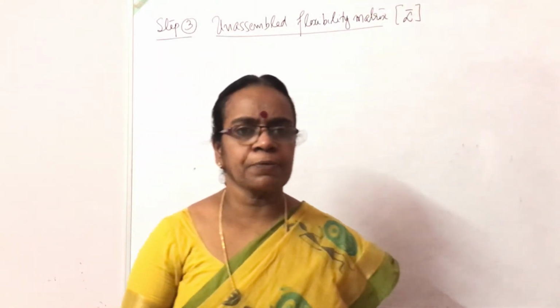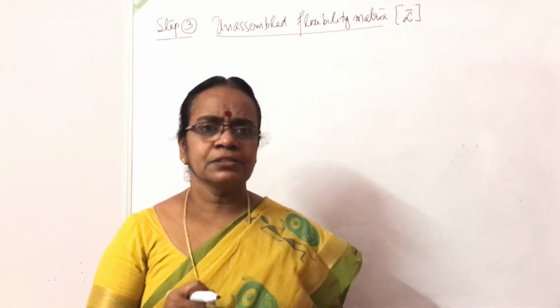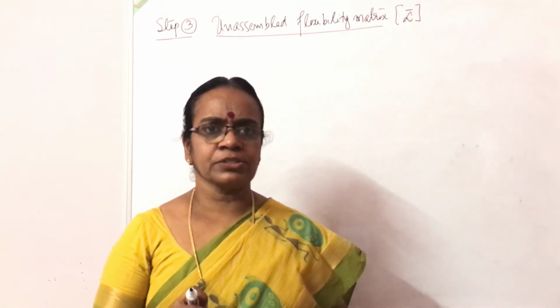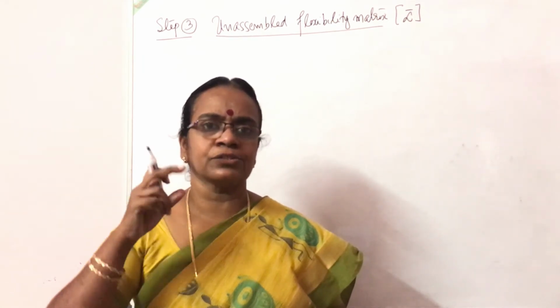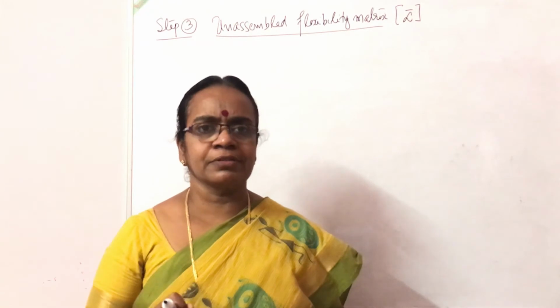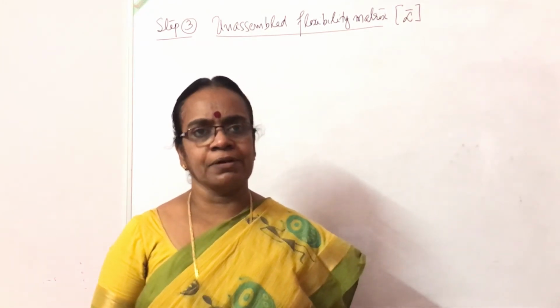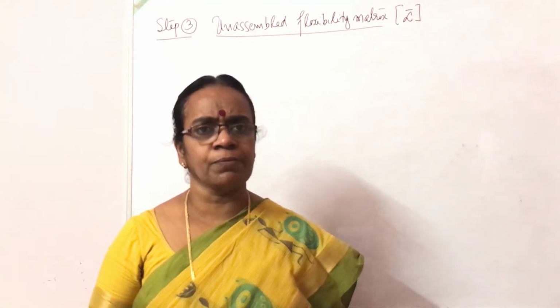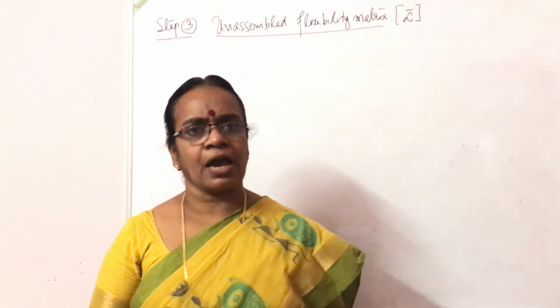So the first two steps were, first step you identify the redundant, release the redundant and get the primary structure. And the second step is apply unit forces in the direction of the external forces as well as in the place of the redundant and find out the forces in all the three elements. So that is the transformation matrix we have formulated. And step 3 is the unassembled flexibility matrix alpha bar.